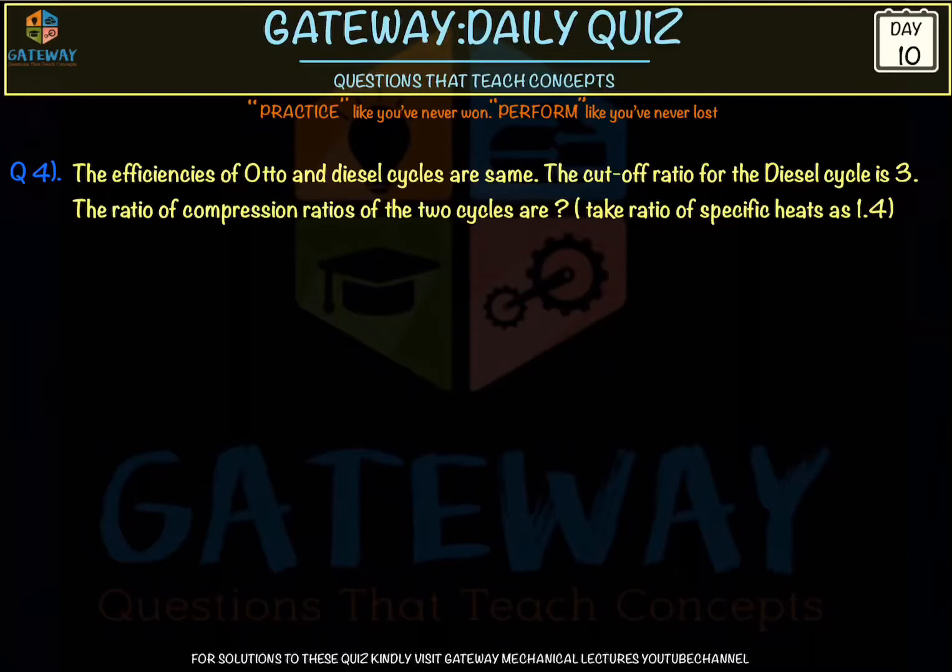And the second comes to be testing and performance. In testing and performance, we'll be having brake power, indicated power, brake specific fuel consumption, indicated specific fuel consumption, brake thermal efficiency, indicated thermal efficiency, and mechanical efficiency terms. So all the play is about these formulae. So once you study IC engines, only 2 chapters will be very specifically important for GATE.